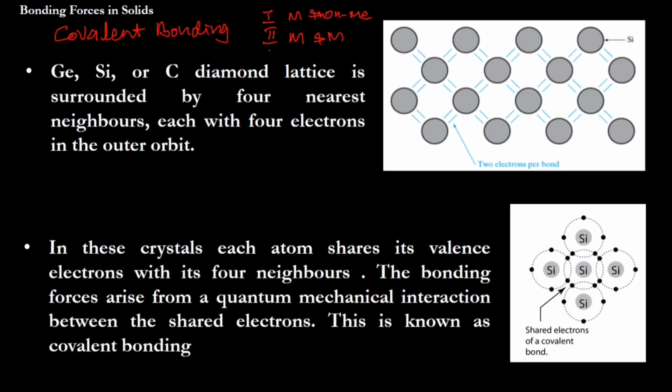Here we are bringing one non-metal atom and another non-metal atom. So it gives covalent bonding. For example, consider germanium. Germanium's atomic number is 32. Silicon's atomic number is 14. So if I write the orbital structure for germanium: